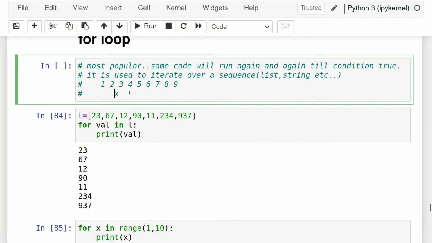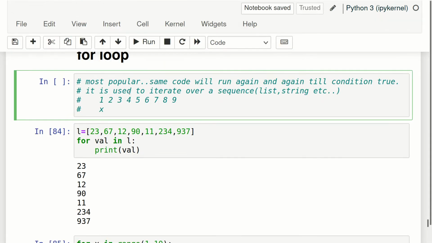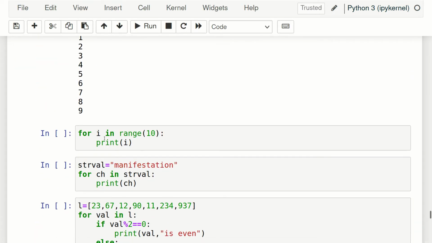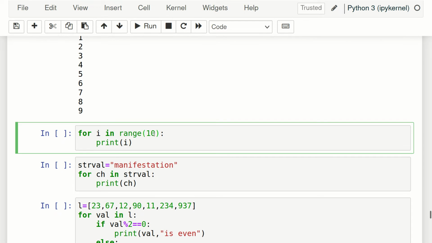X is going means the value of x is changing. Initially it was 1, then 2, like this. It is called iteration. Okay. Similarly, for i in range 10, this is the same thing. If I run here,